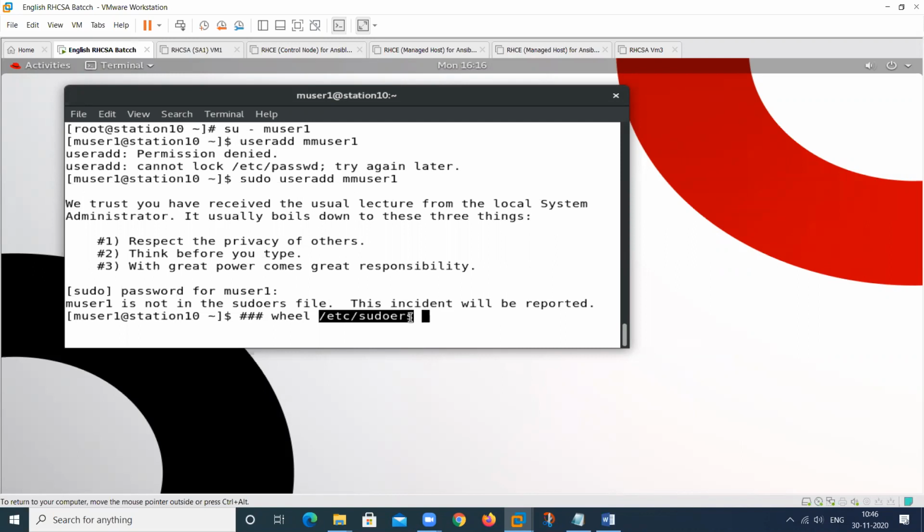If I add any user in this group, that user will become a super user. So your theoretical concept is complete, then I will start the practical part. Any doubt till here? Okay, then I will start this one first.